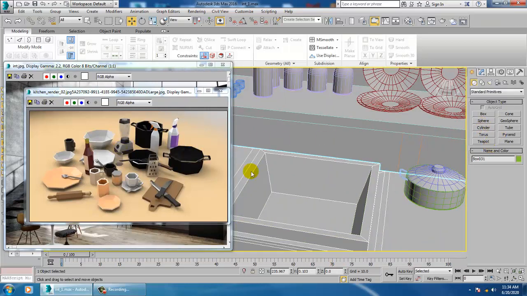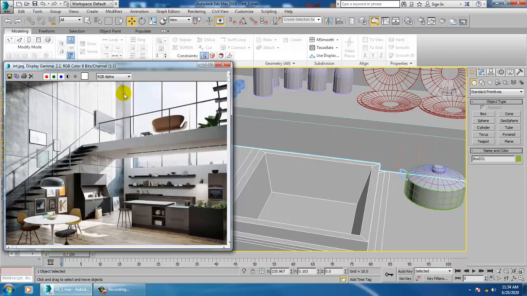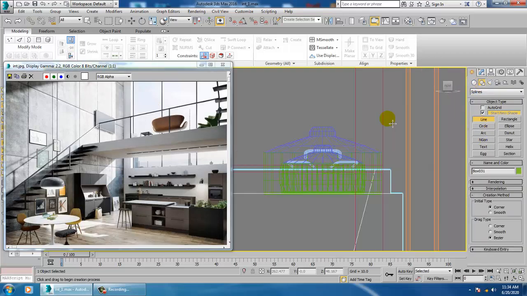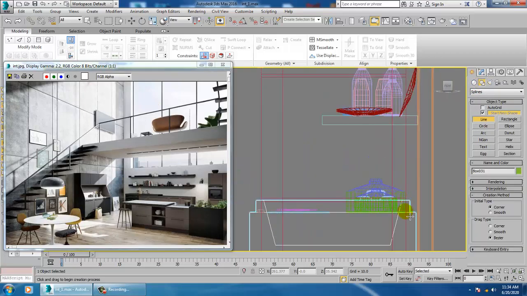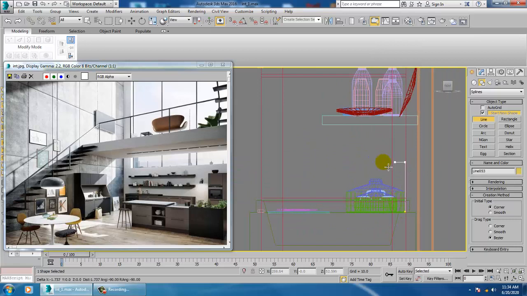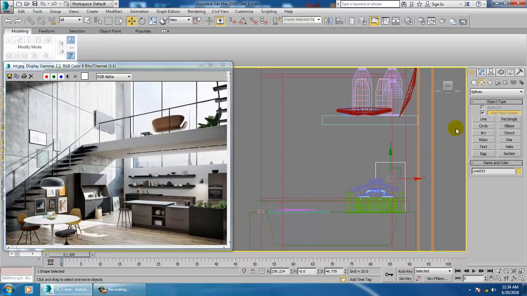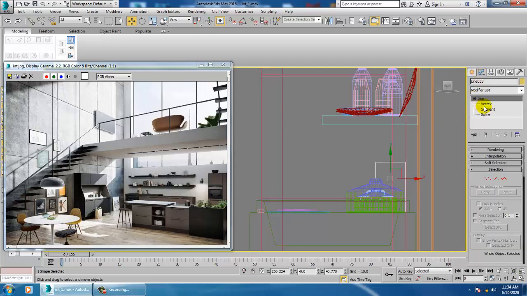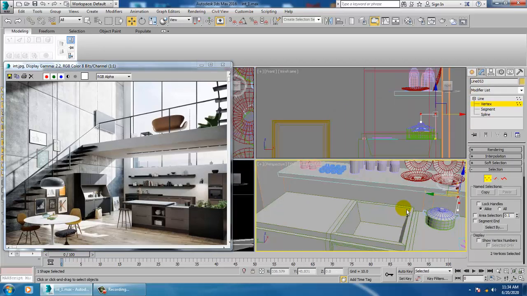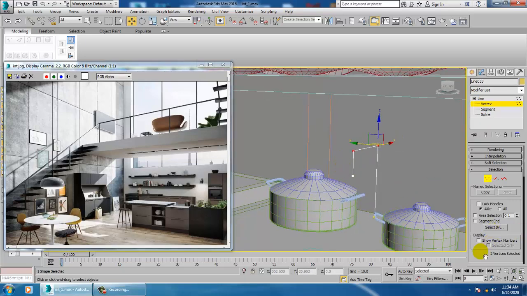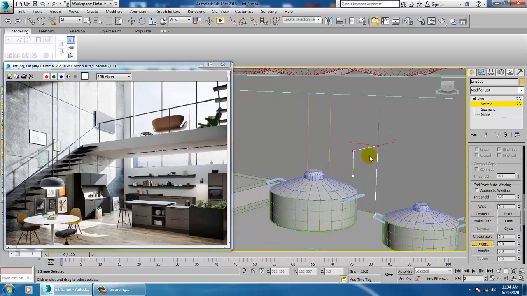So now I'm going to create a tap over here. For that, let's take a line over here, draw a line, go into the vertices, and give a bit of fillet.